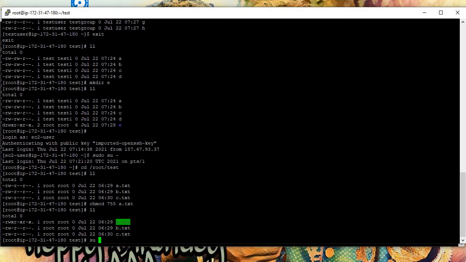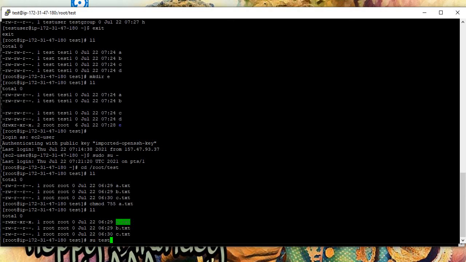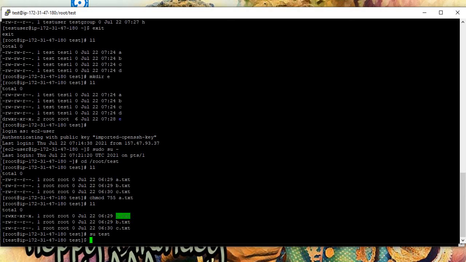So now what we will do, su test. Now we'll try to remove a.txt from root.